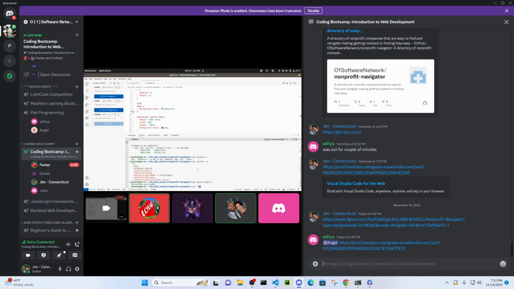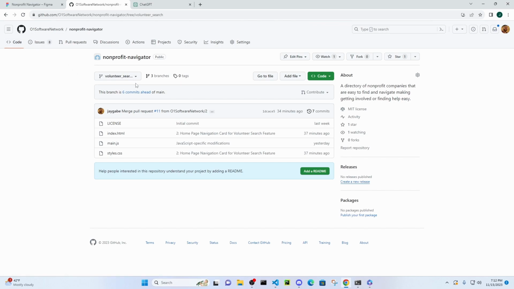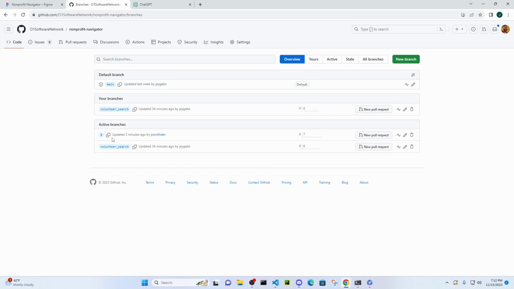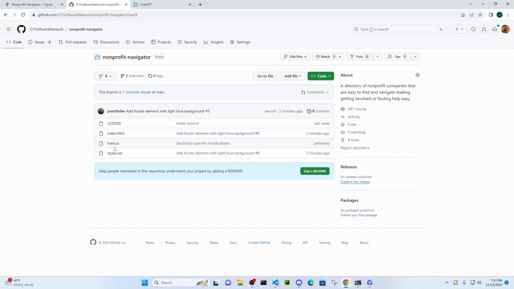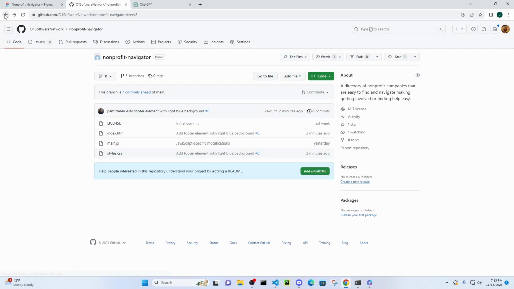Everything up to date. Okay. Cool. Now, let me check the repo. Well, actually, it's still pushed. I'm confused. Did it still go to volunteer search and 8? I have 8 here. Let me see. All right. So yeah, we have our changes here. Okay. All right. Cool. So